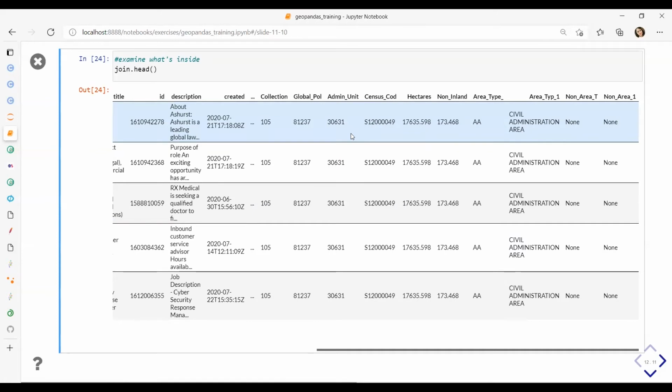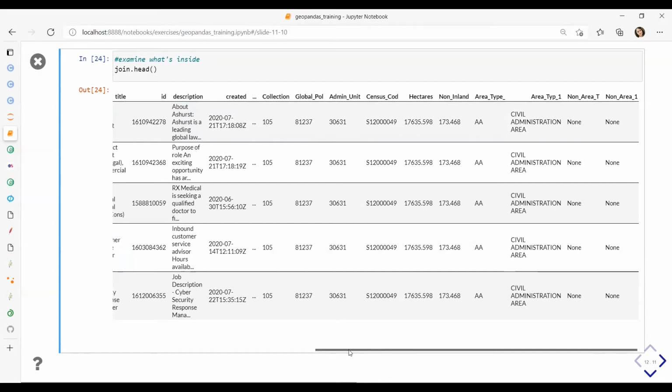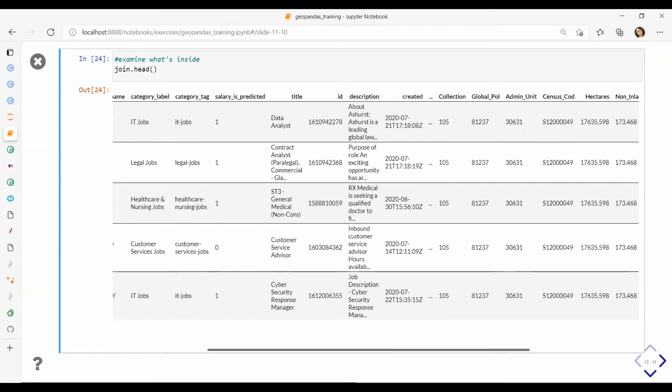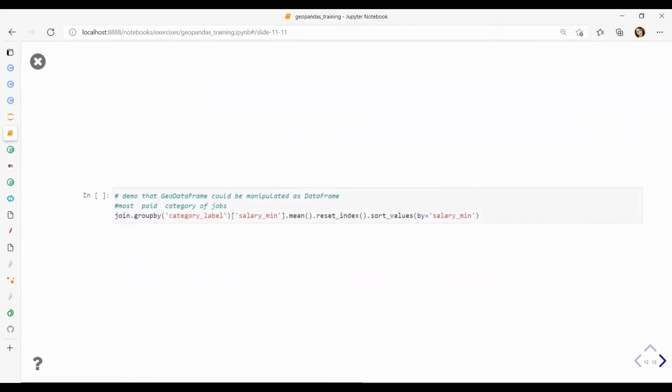Well, in this case, it's only information about our Glasgow, so the same information for all the points, but it could be used in a more powerful way, which I'll show you later. But the important thing to take from it is that by spatially joining two GeoDataFrames, we receive information from both of them.